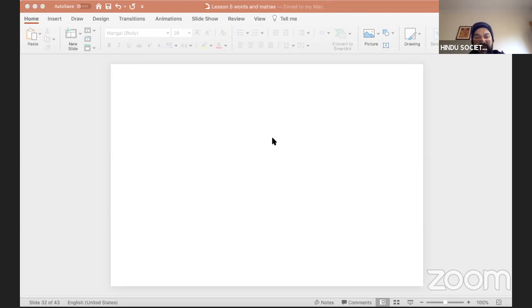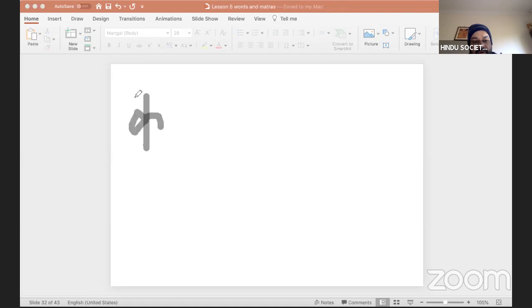Okay, so we learned how to write E. That's the same principle applicable for all the consonant letters: when you want to write the E sound, you put a hook towards the left side. So it's easy for us now to learn how to write the longer E form, because when I take